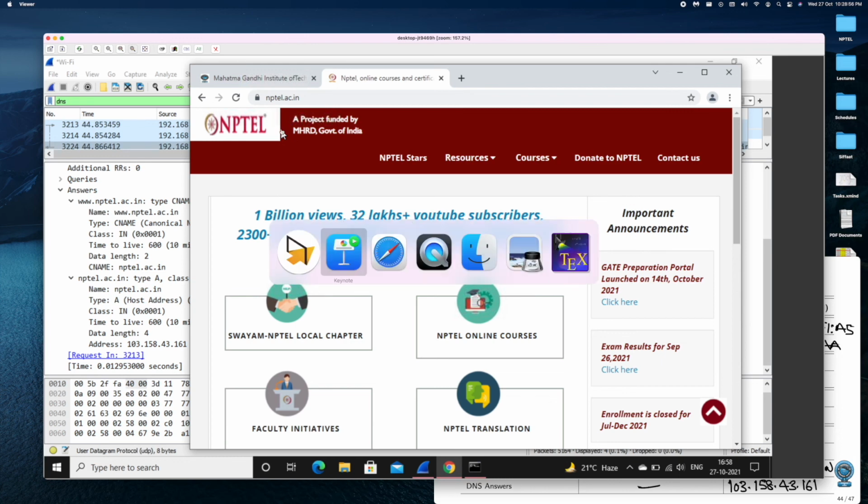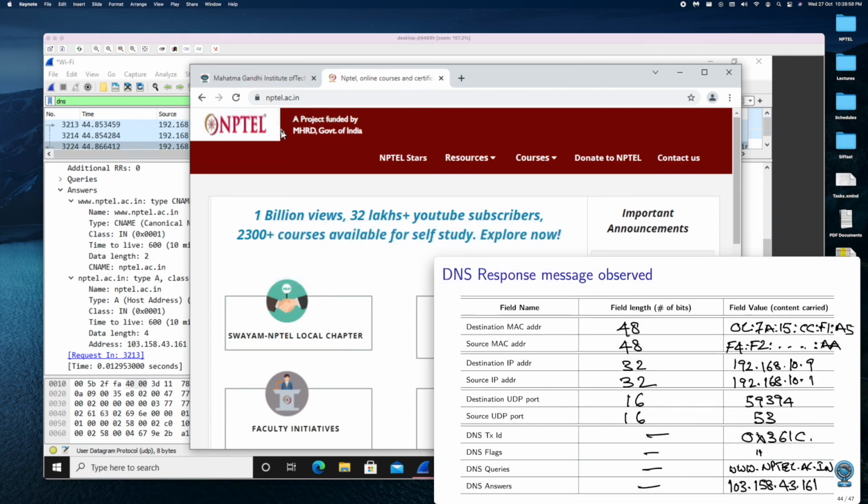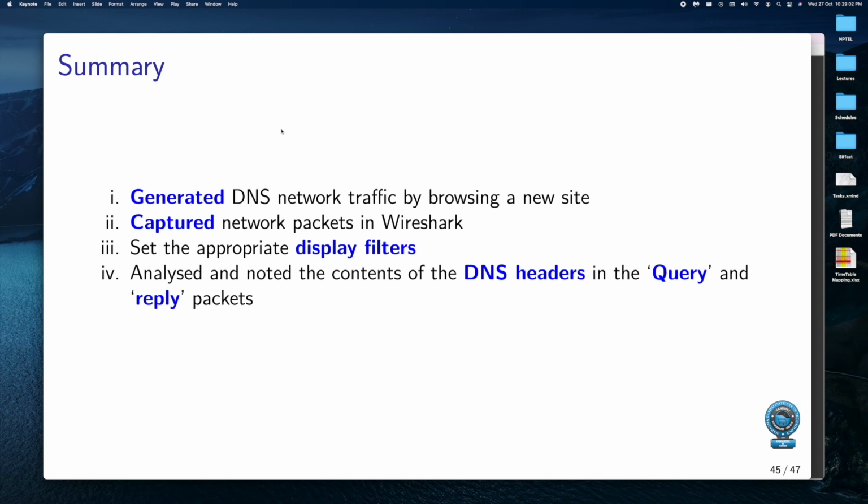Okay, coming back to our discussion, let me now zoom this and just summarize. So what did we do? We basically generated DNS network traffic. How did we do it? By browsing a new site, or basically we did a ping to a new site which we hadn't done before, and the DNS entries were not there in our machine.